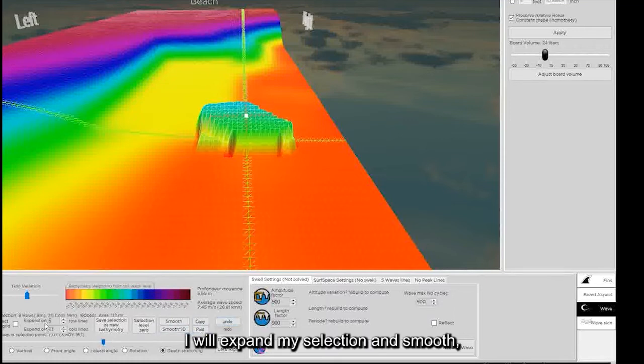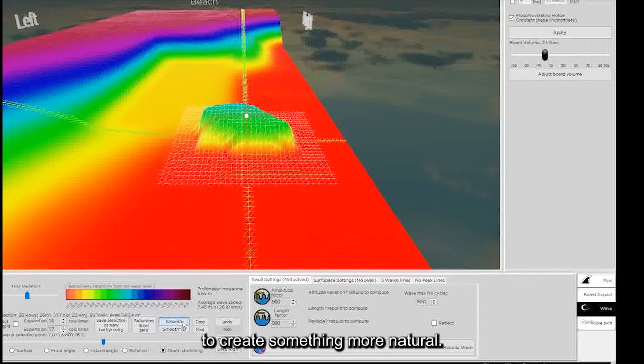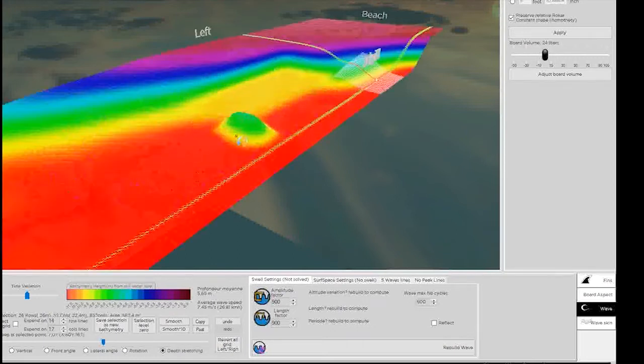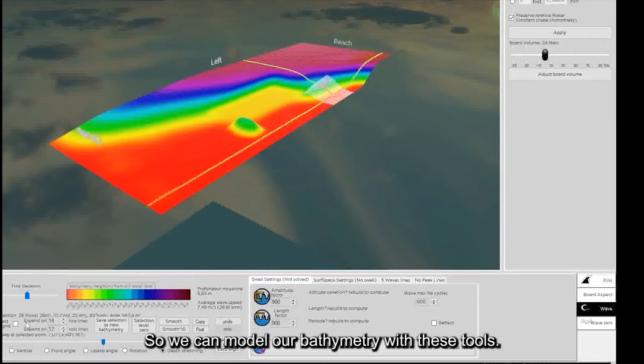I will expand my selection and smooth to create something more natural. So we can model our bathymetry with these tools.